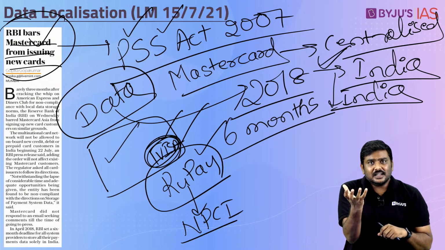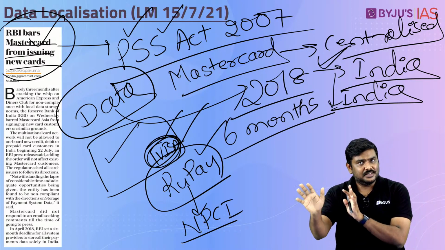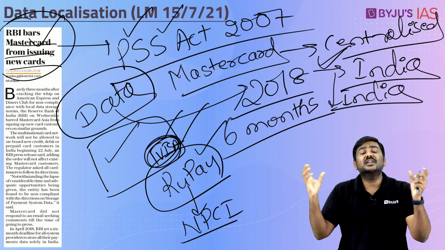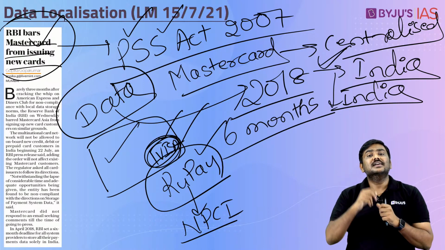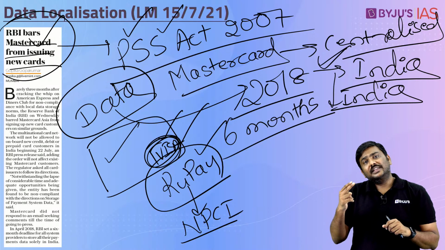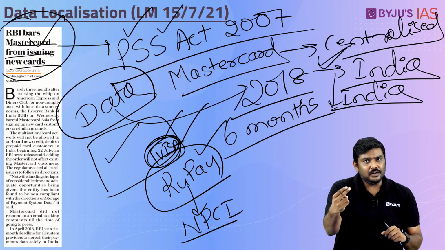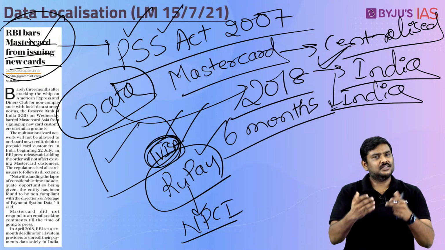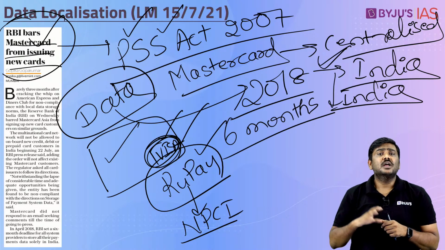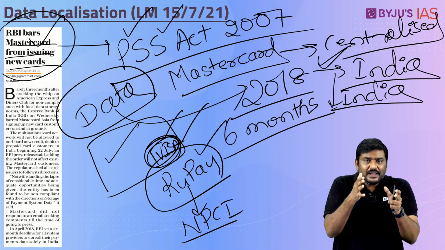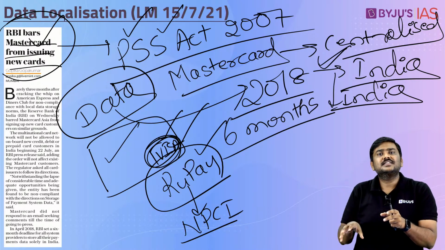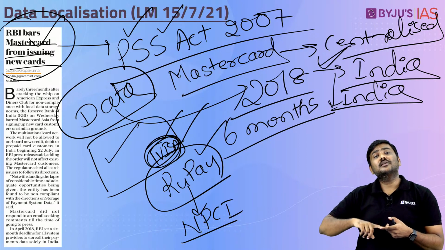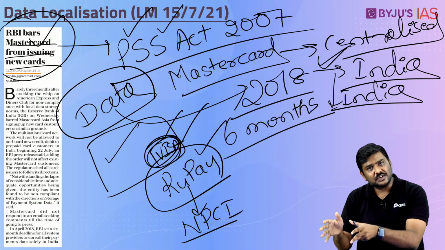So there will be concern in the banking sector for a simple reason: their existing customers, now there will be a dilemma or a confusion in the market. And second, what if they had already entered into an agreement to issue Mastercards? Now they will have to find a new payment gateway such as Visa or RuPay. Next, by forcing these kinds of guidelines on these entities, the foreign entities will be forced to make more investment to develop infrastructure in India.